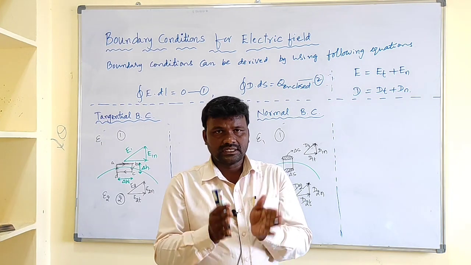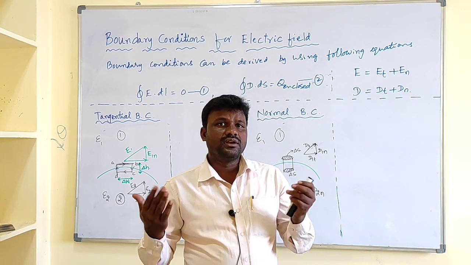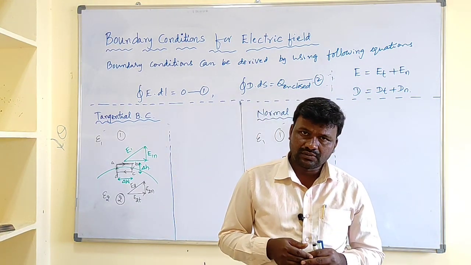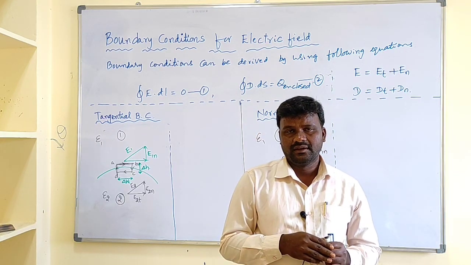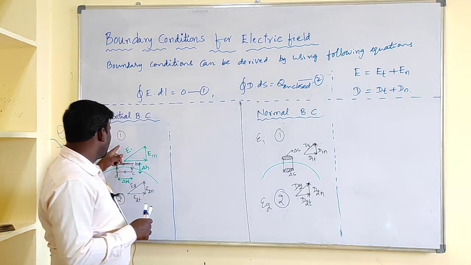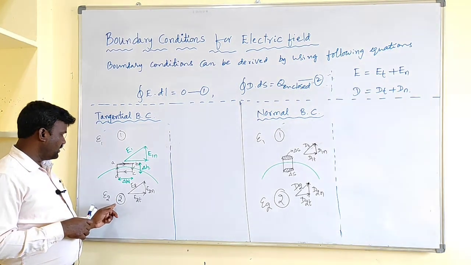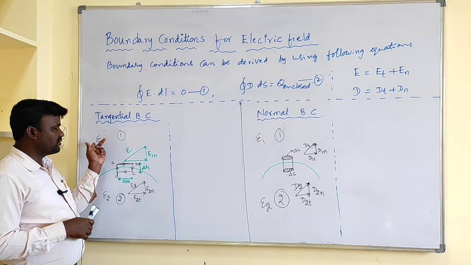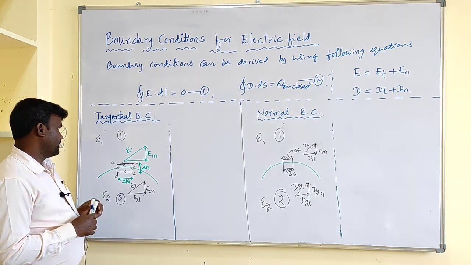Up to now, we discussed the field components in case of the homogeneous medium. Homogeneous medium means what? Epsilon is the same at each and every point throughout that medium. In case of the non-homogeneous medium, we can consider like this. Here, the first medium is characterized by epsilon 1 and the second medium is characterized by epsilon 2. For the magnetic field, epsilon 1 can be replaced with mu 1 and epsilon 2 can be replaced with mu 2.